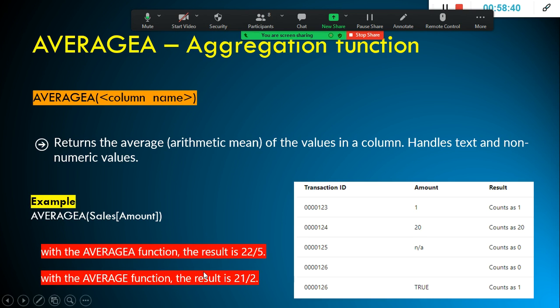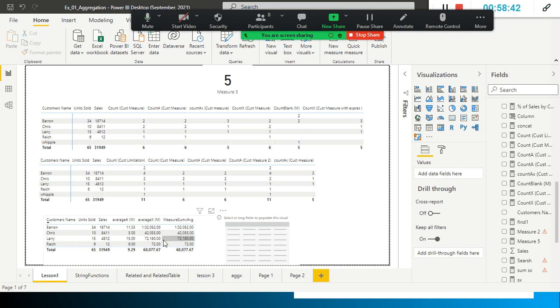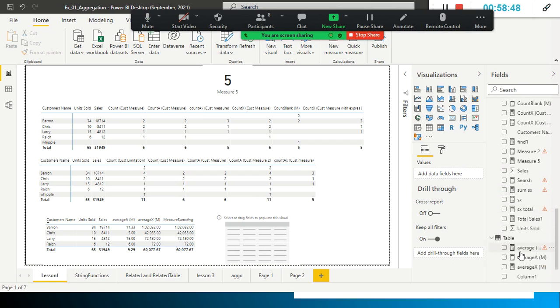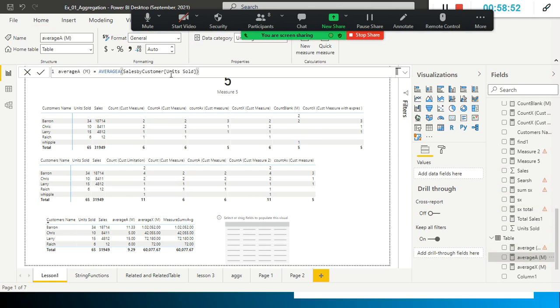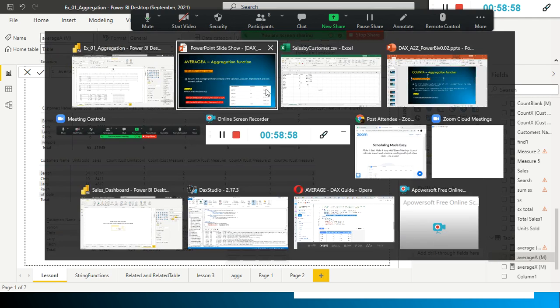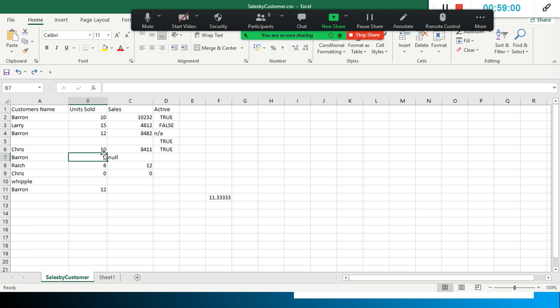But when I tried AVERAGEA, I'm not getting it. Let me just quickly check AVERAGEA alone. Unit sold, when I use unit sold here with AVERAGEA, so here my data set is here, right?